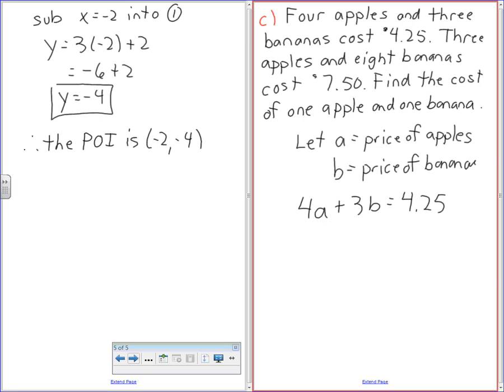Okay, can I get a second volunteer other than Nick? Sorry, Nick, you're out because you're kicking butt today. That's okay. Good to kick butt. Karina, can you give me the second equation, please? 3A plus 8B equals